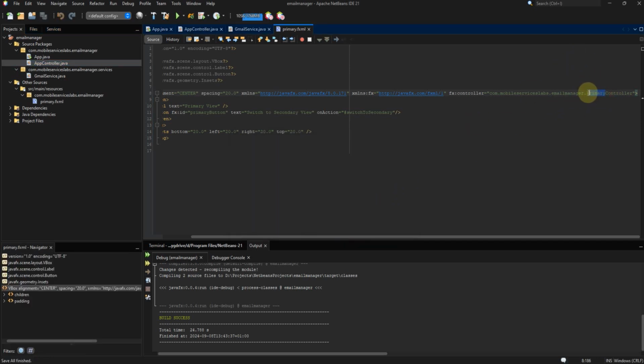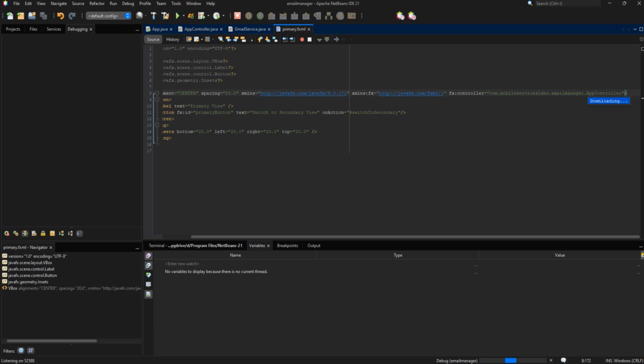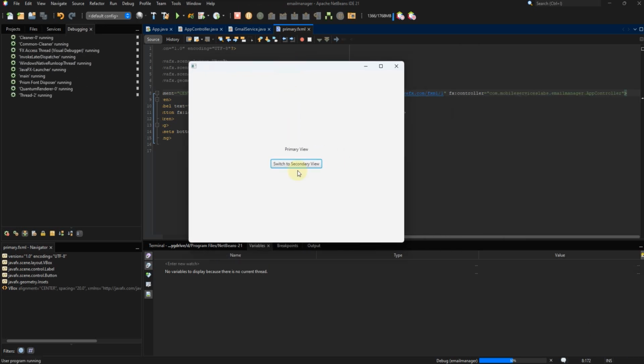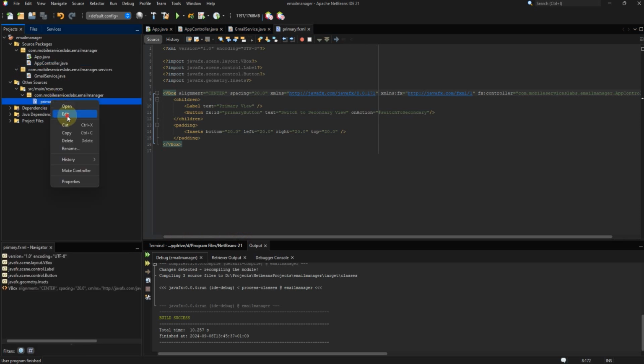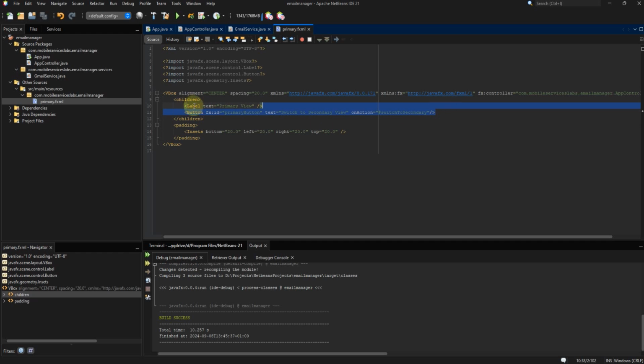Now I need to change this app controller as well. So when I save now and run, I choose the screen fill. Give me a few minutes, it loads. So I'm just going to remove that button. Leave the primary view. So that will be on the primary XML. Okay, so I have it there. It's going to this line. Oh well, I'm going to leave this line because we need a button. Actually, we just need to change this to